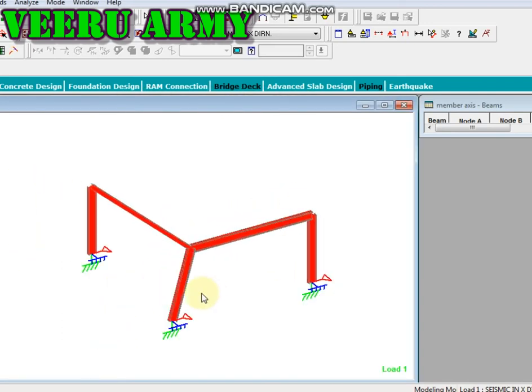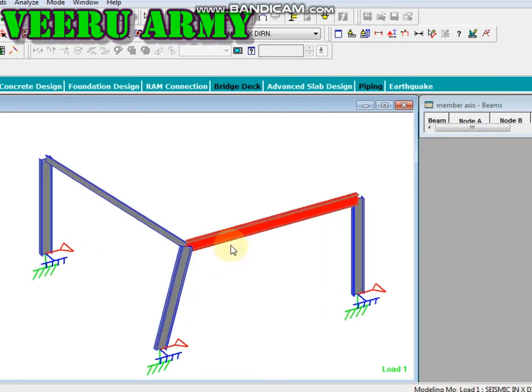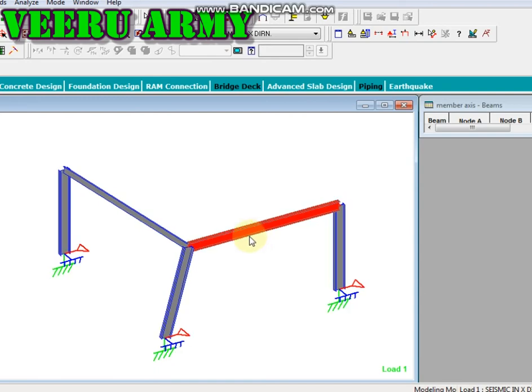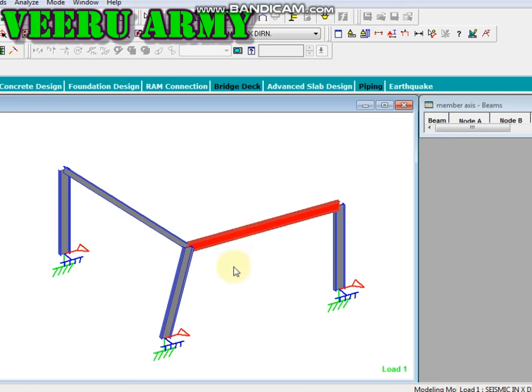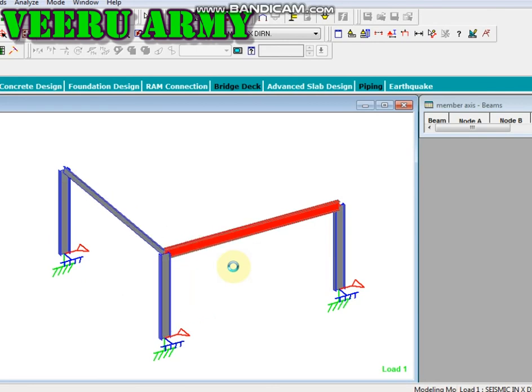Okay friends, so due to the z-axis moment, the column will be tilted in such a manner. It means, you can see which member takes compression. This member. Okay, we can assume this member acts as a beam. We call it a mezzanine beam. Okay, so the mezzanine beam, what does it do here? The mezzanine beam gives restraint to the column from the z-axis moment.